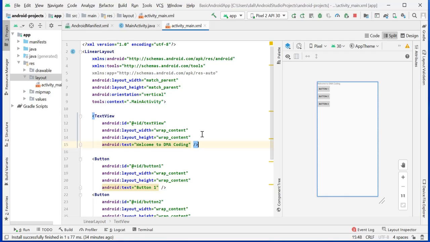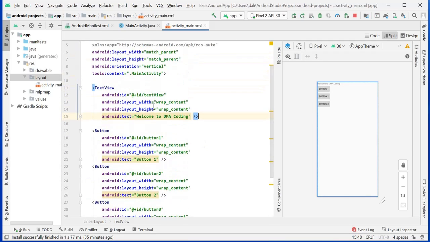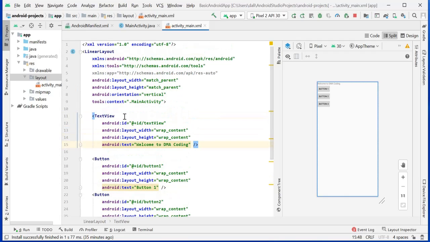What we need to do is only set the orientation to vertical, and whatever item you write here, like text view, button, everything will go one by one. So that will be easier. So linear layout, basically we go for that if we don't want to put some alignment and all, and by default we want the buttons to go one by one. And the other is relative layout.